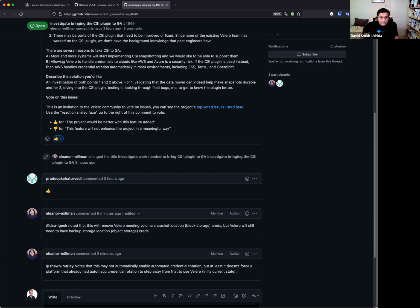I think personally, data movement was really important for Velero, so I would try to keep that on the roadmap. As far as putting the data mover into the CSI plugin, that's a possibility, but it's probably about as much work as putting it into Velero. Sorry. Oh yeah. I'm not sure where it lives. I guess I'm more wondering, if the data mover's in Velero, the CSI plugin can easily use it, correct? Yes and no, because